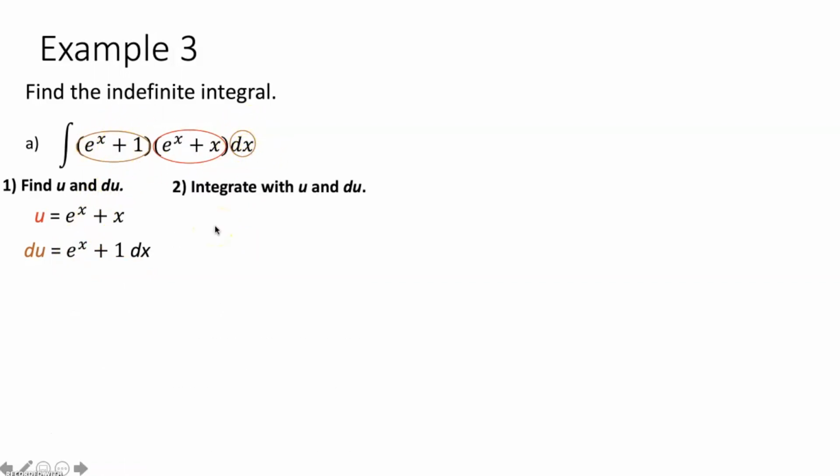So now if I want to rewrite this integral in terms of u and du, all I have to do is substitute u in for e to the x plus x, and then substitute du in for e to the x plus 1 dx, and I have the integral of u du, which is clearly easier to evaluate than this indefinite integral up here. So now I evaluate this integral using the general power rule. The integral of u du is going to be u to the 1 plus 1 power over 1 plus 1 plus c. I then simplify that to u squared over 2,